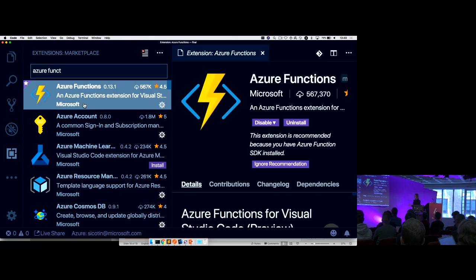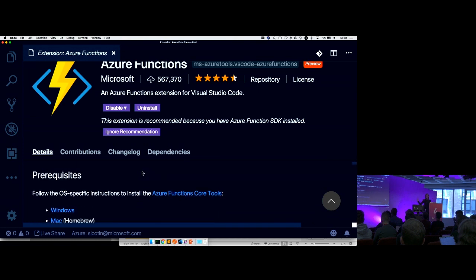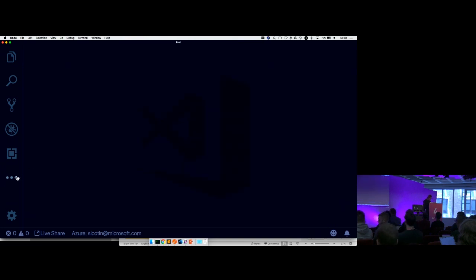This extension is going to help us create new projects, create new functions, run and debug those functions, as well as deploy them. I've already installed this extension, but basically it depends on Azure Core Tools, which will be installed whenever you go through the installation process, and you have all the steps here. So I highly recommend, if you're getting started with serverless, go ahead and install this extension. It will be the best thing that has ever happened. Tend to be very positive.